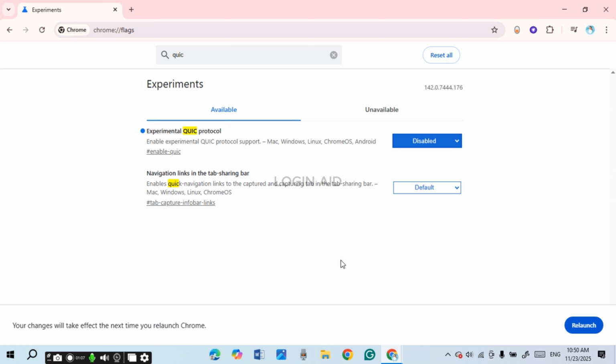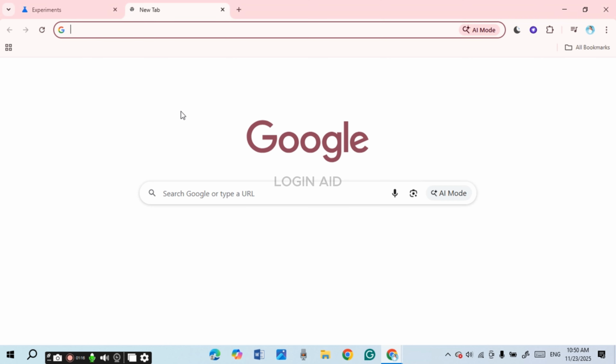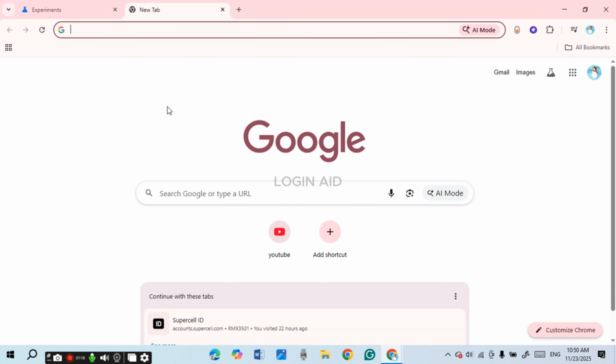Now after you do that, you can see over here Experimental QUIC protocol will be disabled. Your changes will take effect the next time you relaunch Chrome. So like this, your problem can be solved. But if your problem is still not solved, what you can do is simply try clearing the cache and cookies